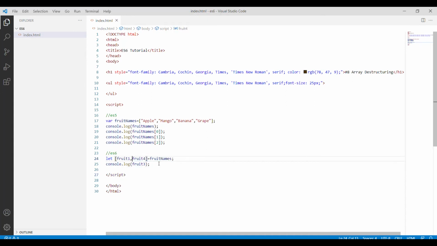I will remove these, and keep only fruit1 and fruit4. If I run this, what will happen? Let's check. It will print apple and mango, because this is assigned to this and this is assigned to this. There is nothing related to these numbers; it is sequence mapping.